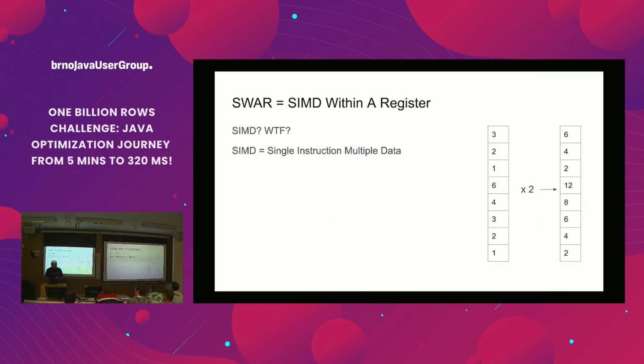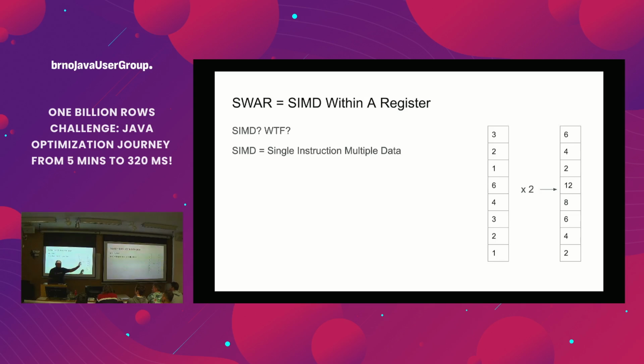And one more thing I will talk about in the next optimization is something called SWAR. Has anyone heard about SWAR? SWAR stands for SIMD within register. So the question is, who has heard about SIMD? Okay, pretty good. SIMD means single instruction, multiple data. It's basically, imagine instructions on top of vectors, right? So CPU registers are 64 bits.